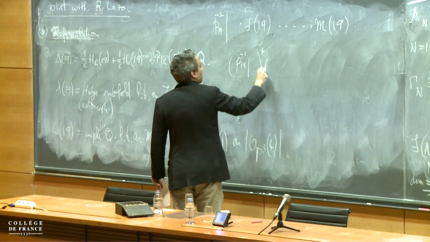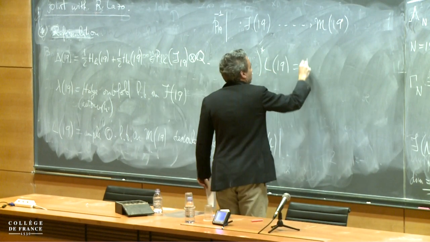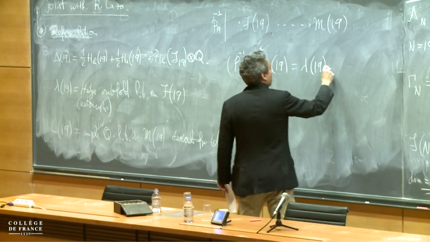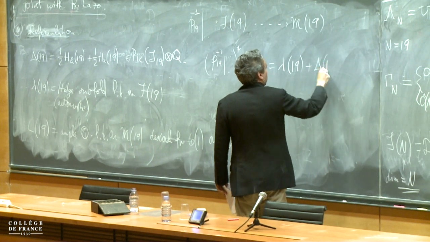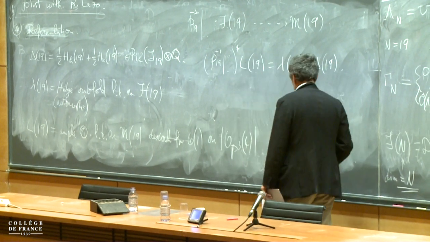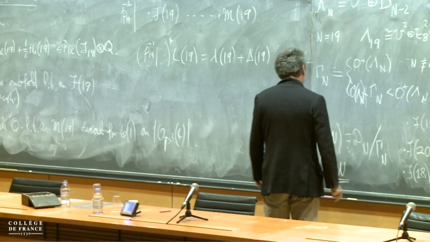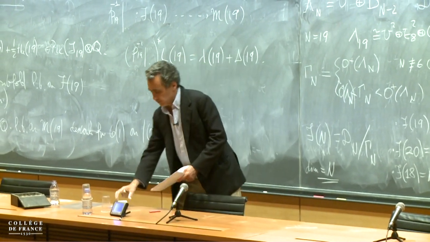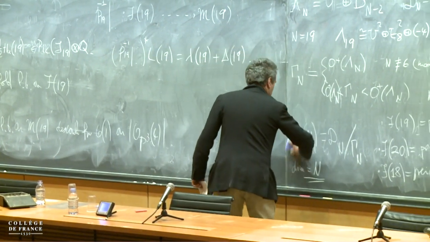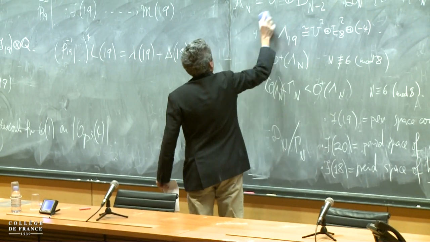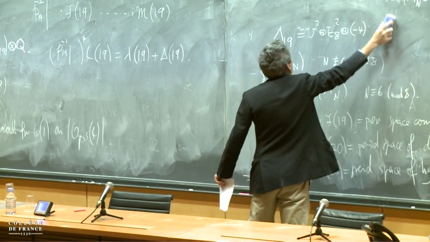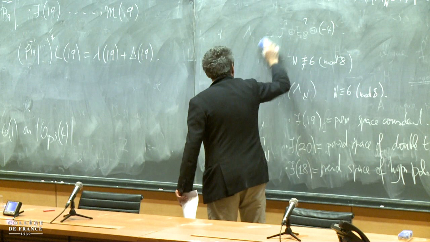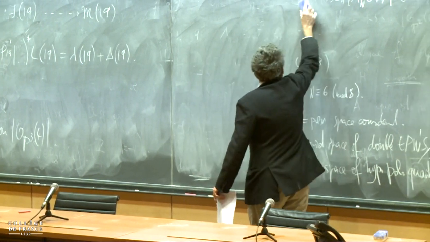If we pull back L of 19, we will get lambda, the Hodge line bundle, plus delta of 19. That's why I put the 1/2, okay? Well, the 1/2 is there because these are reflective Heegner divisors. But, I mean, anyway, okay. And on the other hand,